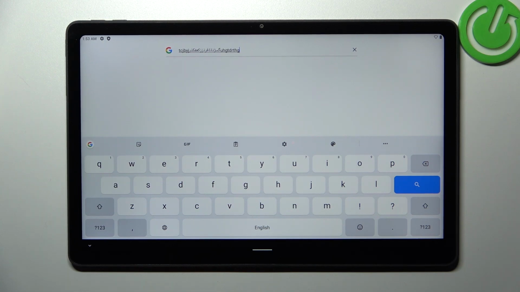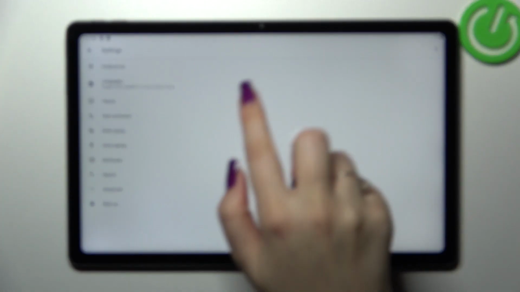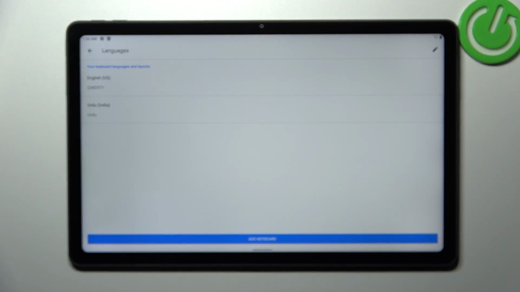And now let me show you how to remove it, because sometimes you don't really want to have like 2 or 3 different languages added. You just want to have one different language on the keyboard. So let's enter the settings, tap on the languages, and double click, of course, languages, and